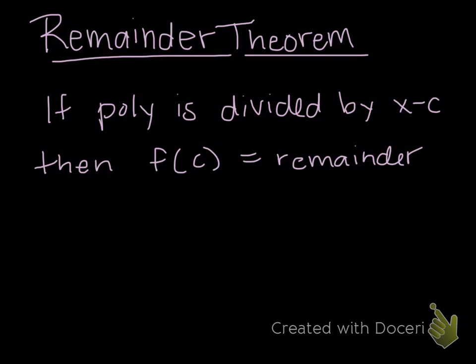So we're going to take that skill of synthetic division, and I'll show you how we're going to apply it in problems. So if your polynomial is divided by x minus c, so c would be like a number if I'm dividing by x minus 1, the remainder theorem says if you evaluate the function at that value, whatever you get as your output would also match the remainder that you would get. So for example, if our function is x cubed minus 4x squared plus 5x plus 3. So if I did synthetic at the value of 2,